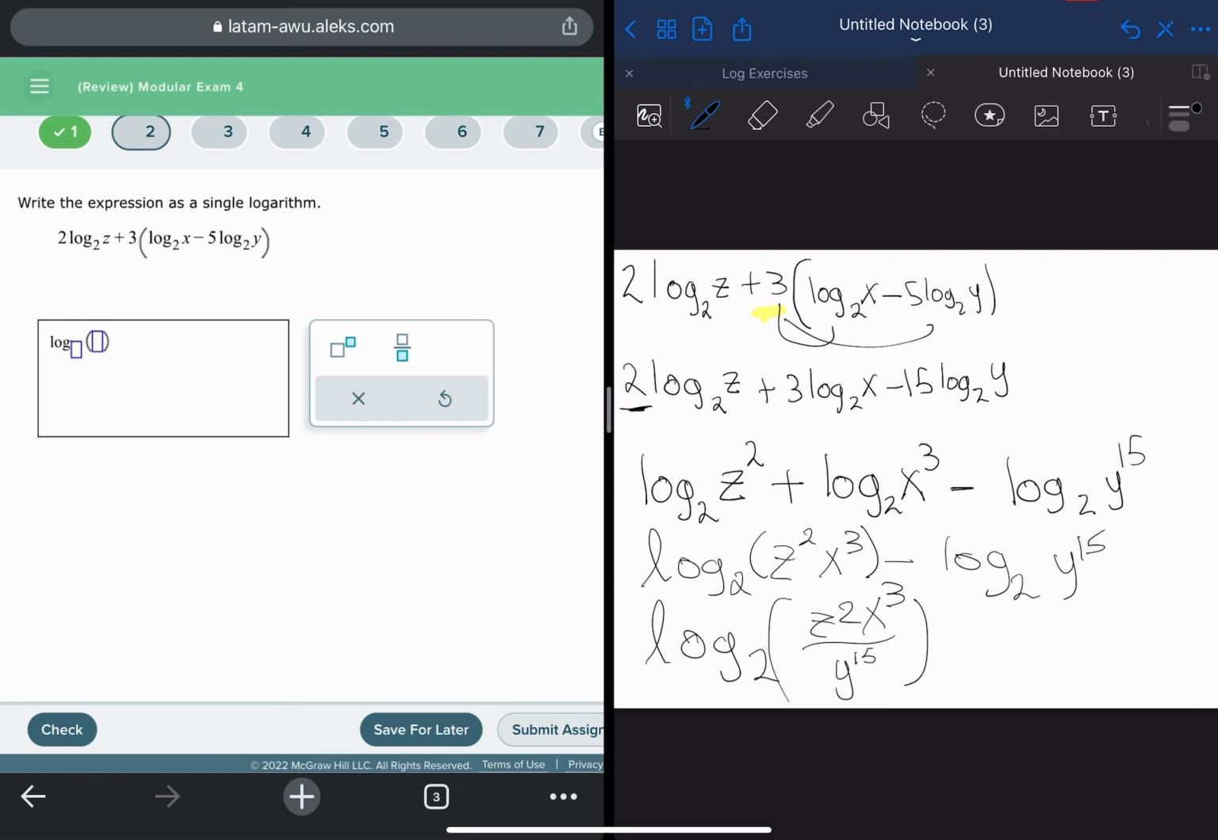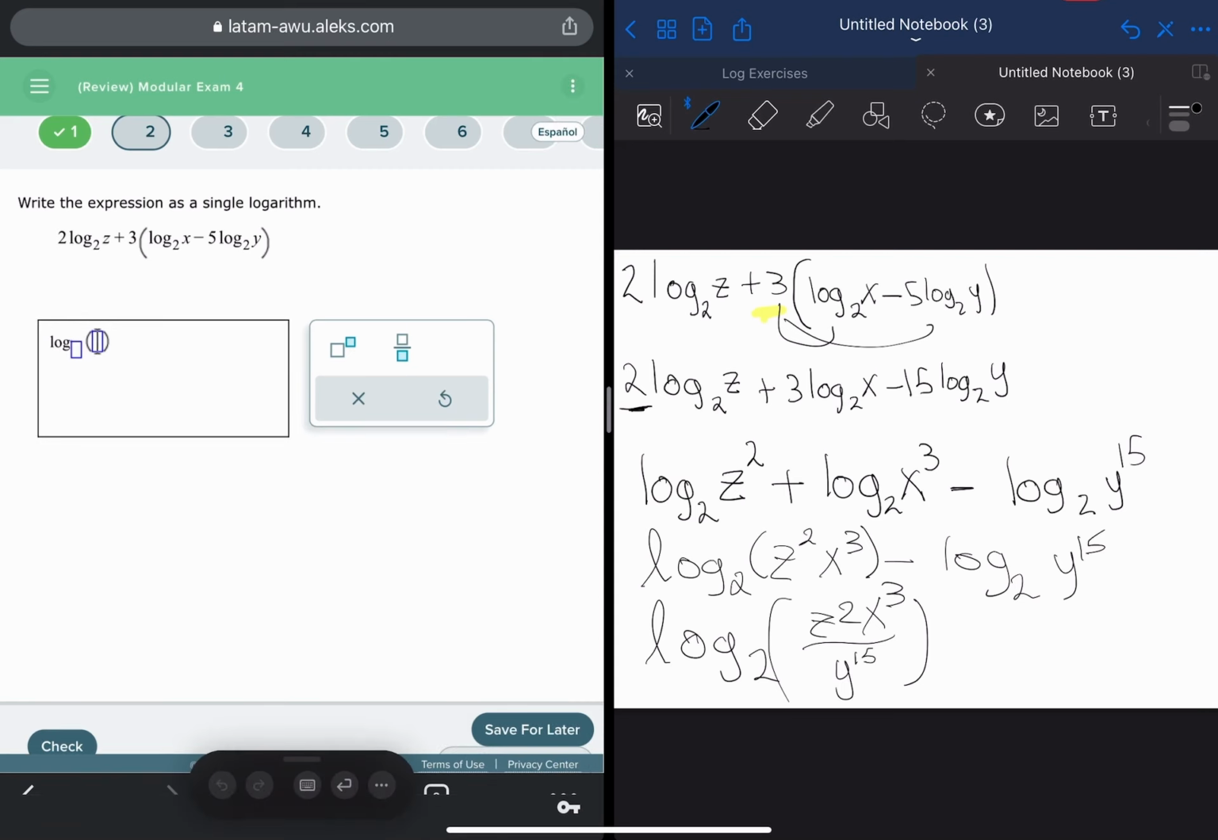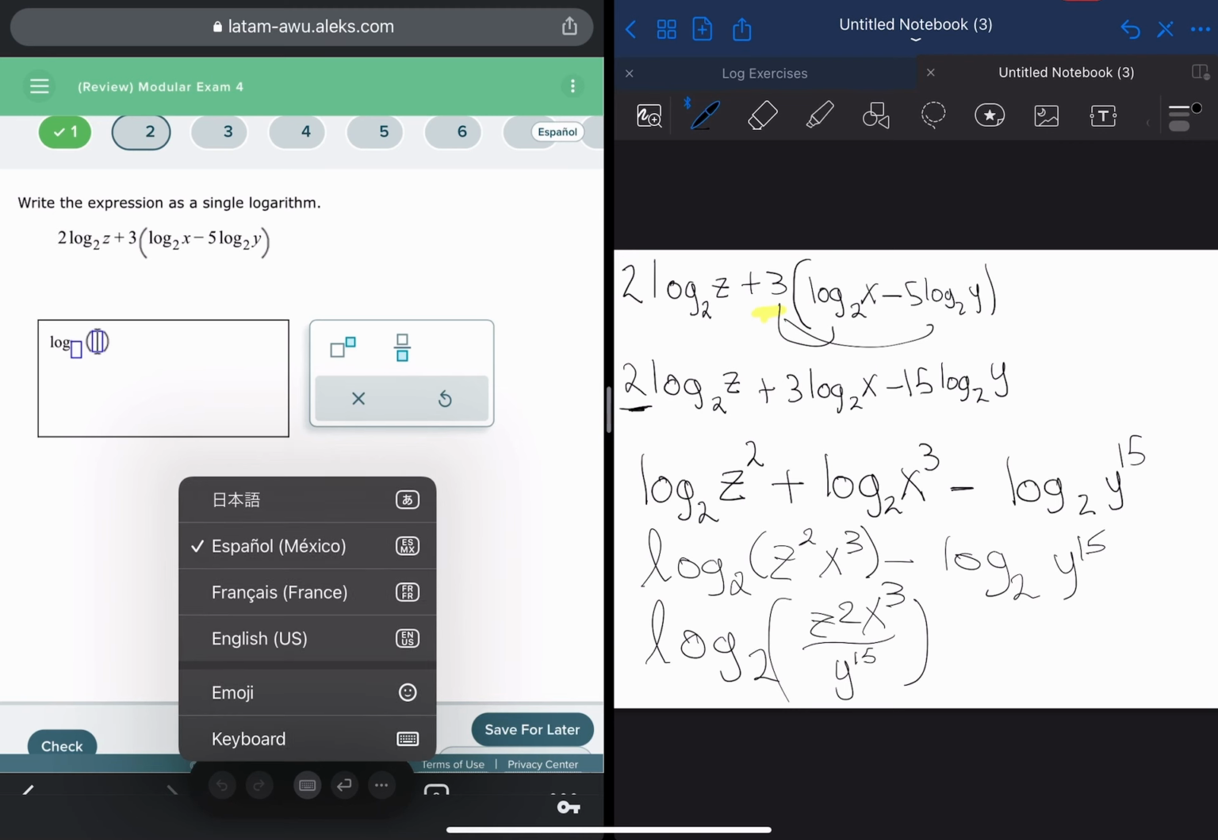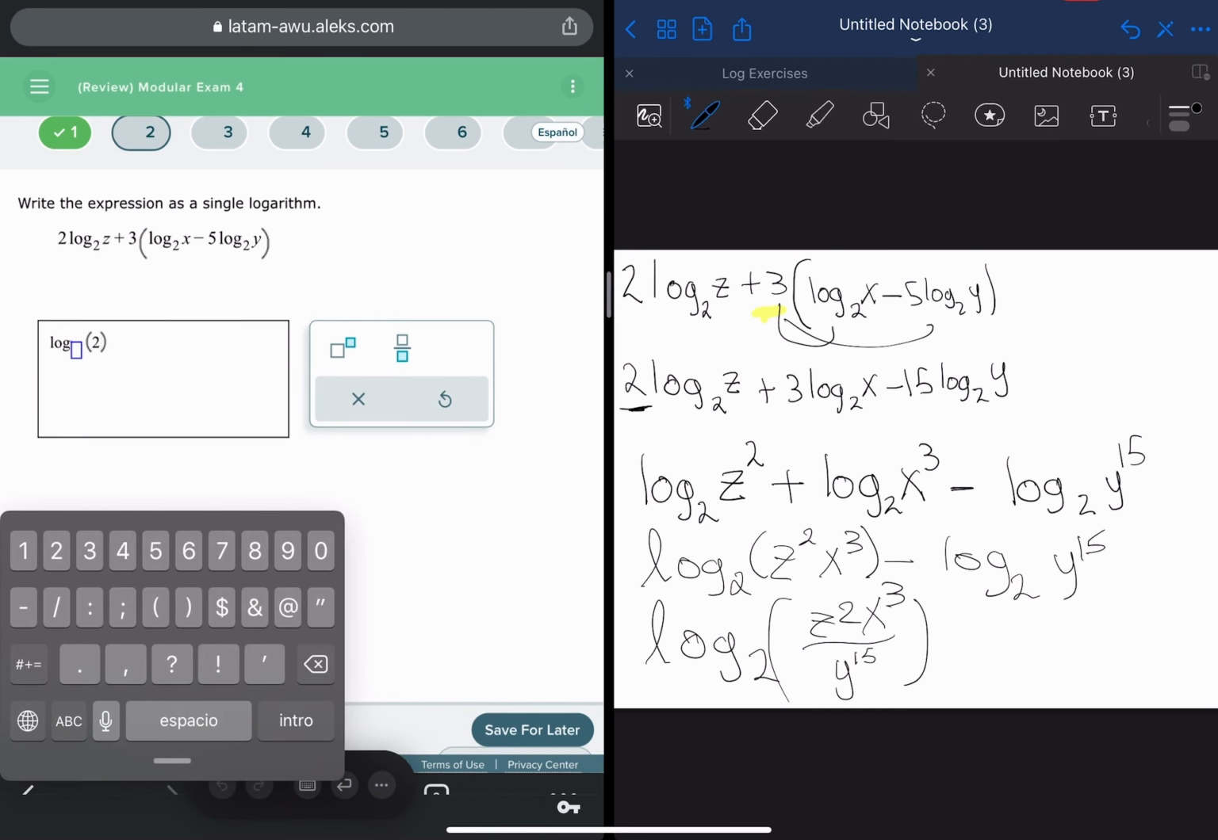So let us write that down. Here, the base. The base is number 2. And here, we have to write c. Well, it's going to be a quotient. In the numerator, we're going to have c squared. Here. Square. Times